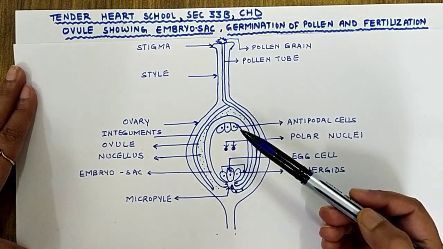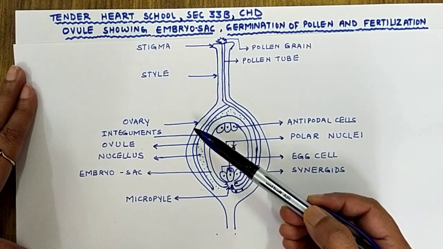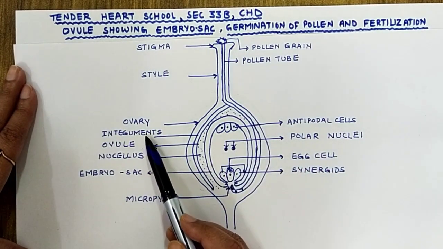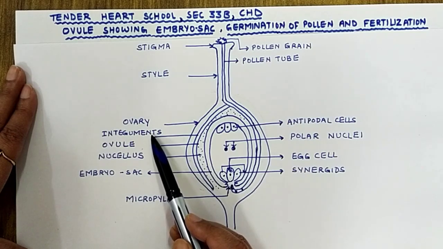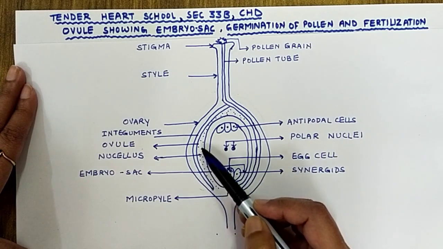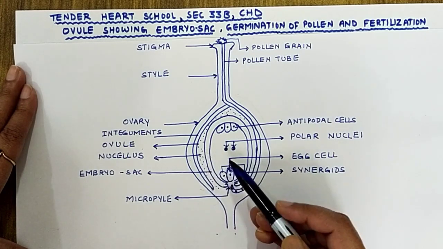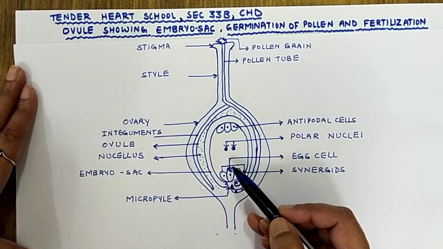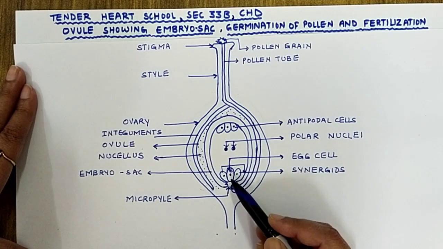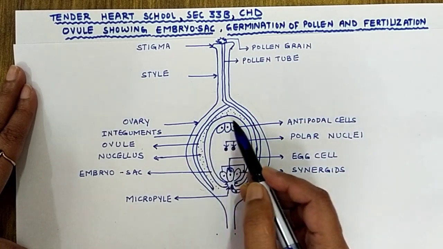Inside the carpel you can see the major parts, the stigma, style and the ovary. Inside the ovary we have this ovule. The ovule is protected by protective coverings called the integuments, and inside the ovule you can see these food laden cells. These contain food material and provide nourishment to the growing embryo, which is formed after the fertilization of the egg cell with the male reproductive cells coming from the pollen grain, right?